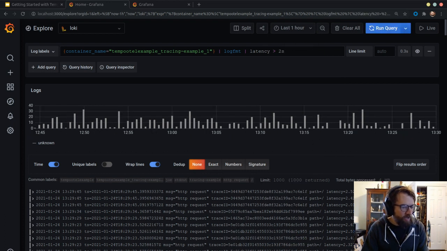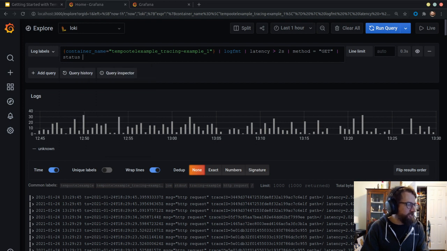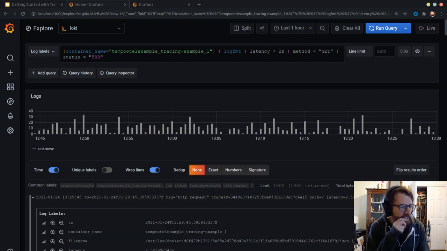Yeah, so now all of these traces are greater than 2 seconds, and I am now interested in maybe some long-running traces so I can diagnose some kind of latency issues. If I were more clever and had, let's say, method equals get, I could do another pipe and do something like status equals 500 if I was interested in failed queries. So with some careful logging, and this is normal HTTP request logging, so a lot of us already have these logs, I can build basically an index into my traces that lets me do advanced searches